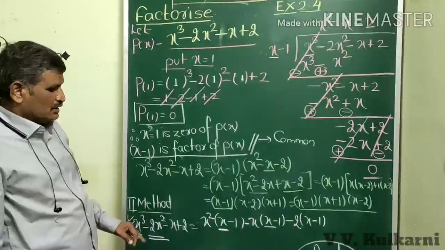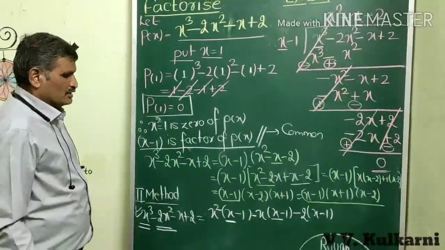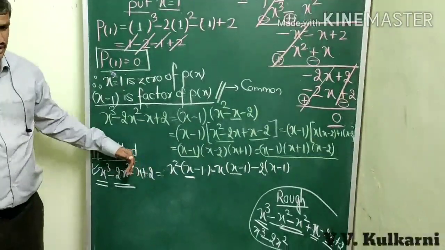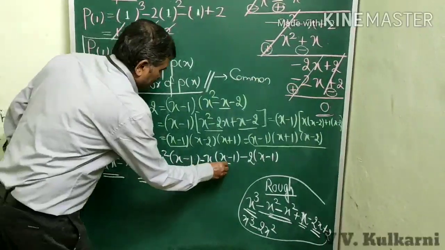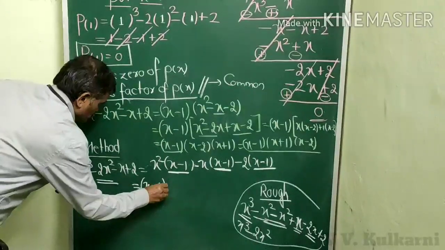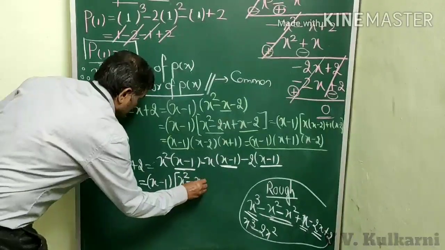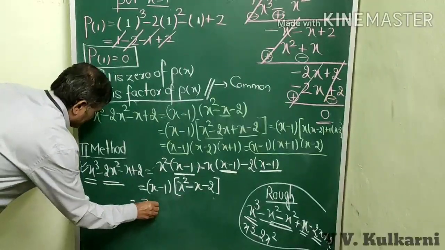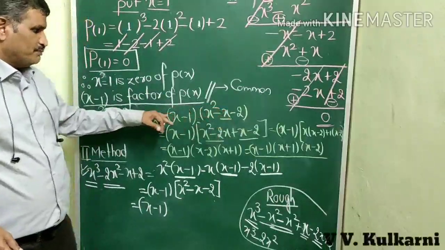So what I have done is, I have written x minus 1 and x minus 1 in advance, and then from there onwards I tried to balance it by making the left hand side equal. So now finally what I get is, throughout x minus 1 is common. So what remains in the bracket is x squared minus x minus 2. Now children, you see, this becomes x minus 1 into, I need not solve it again because already I have come to this step.